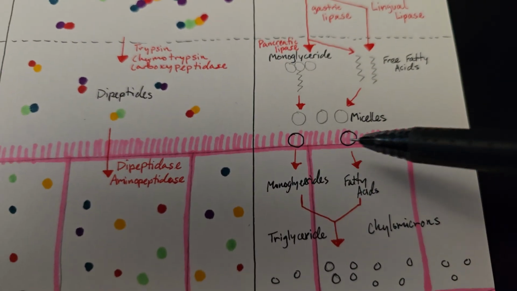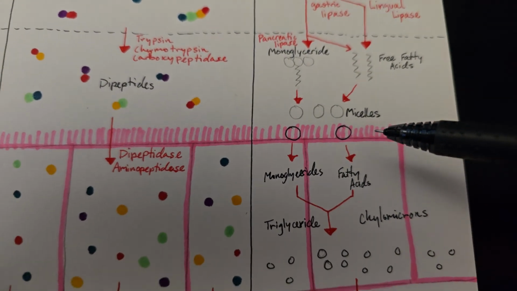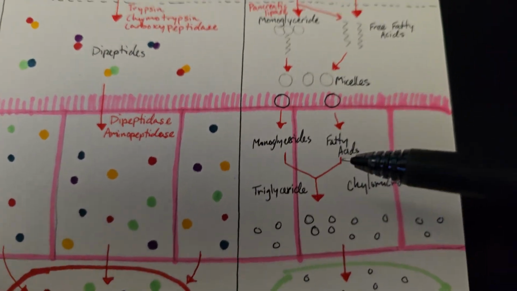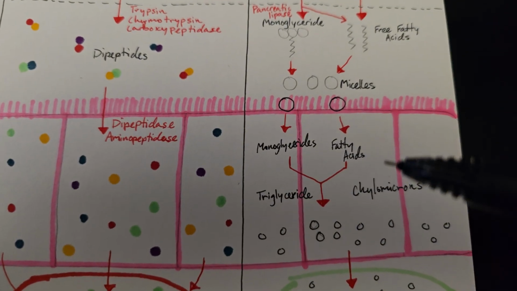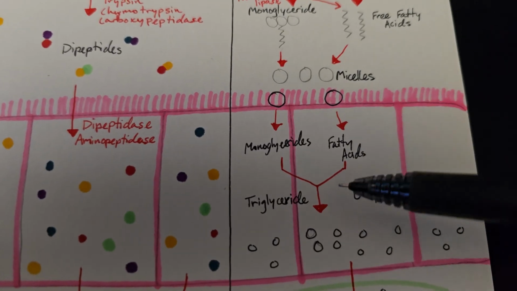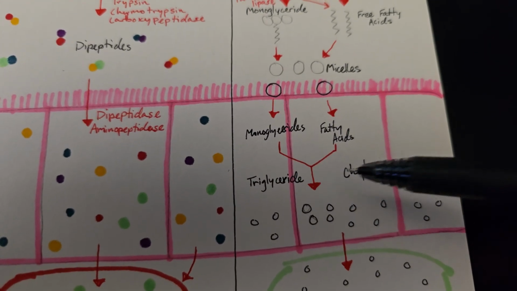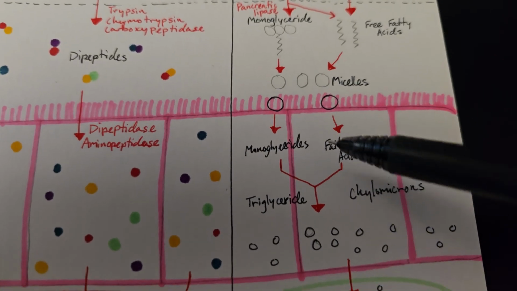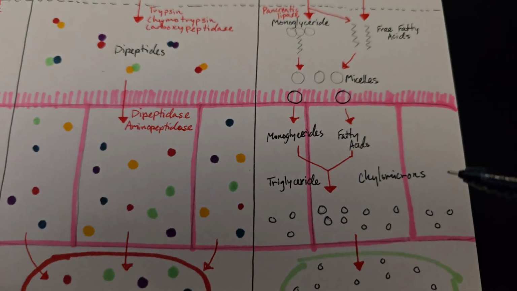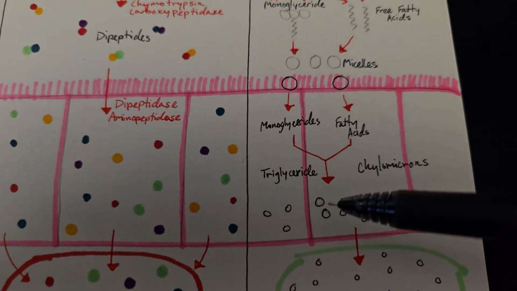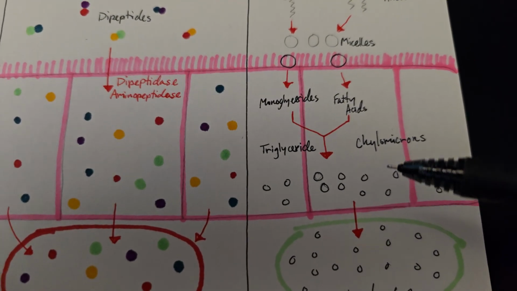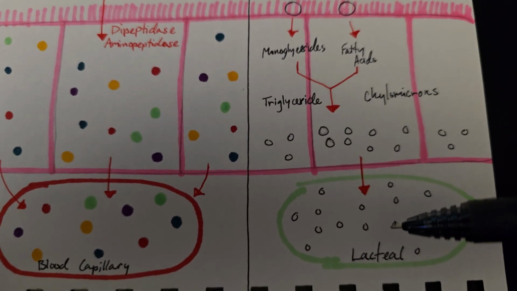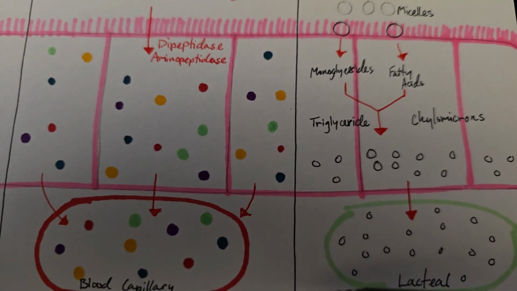And then once it reaches the microvilli of the small intestine, the epithelium, it's going to take those monoglycerides and fatty acids and reassemble them into triglycerides and chylomicrons, and it'll just make those heads smaller. And then those triglycerides will be absorbed into the lacteal instead of the blood capillary, which means